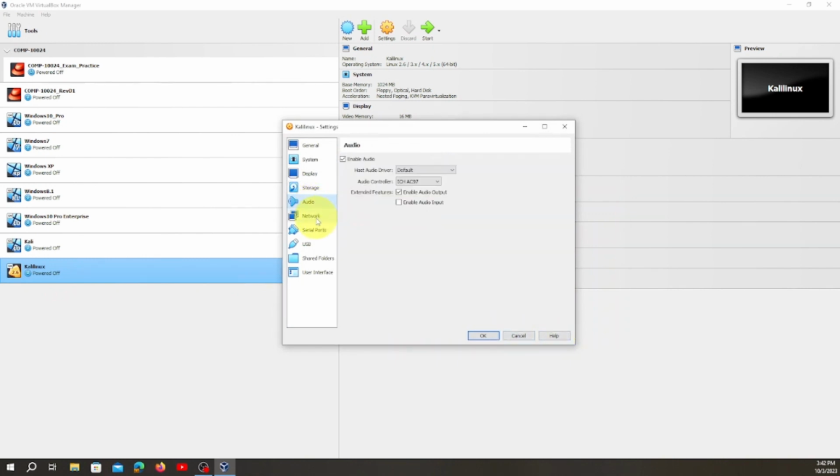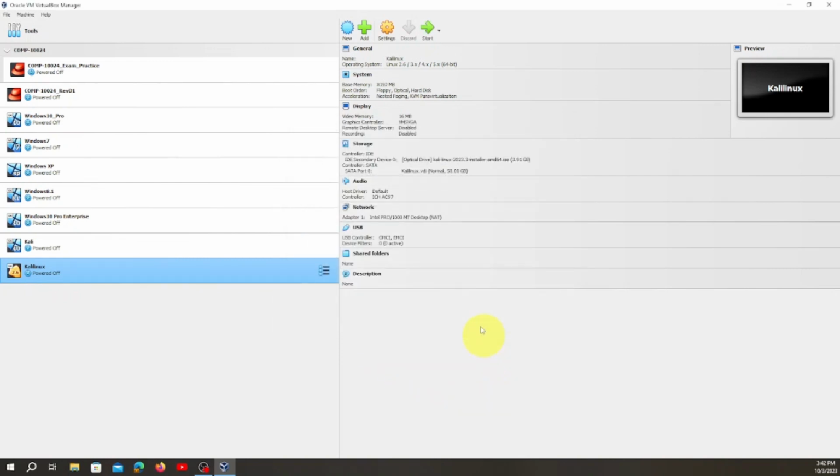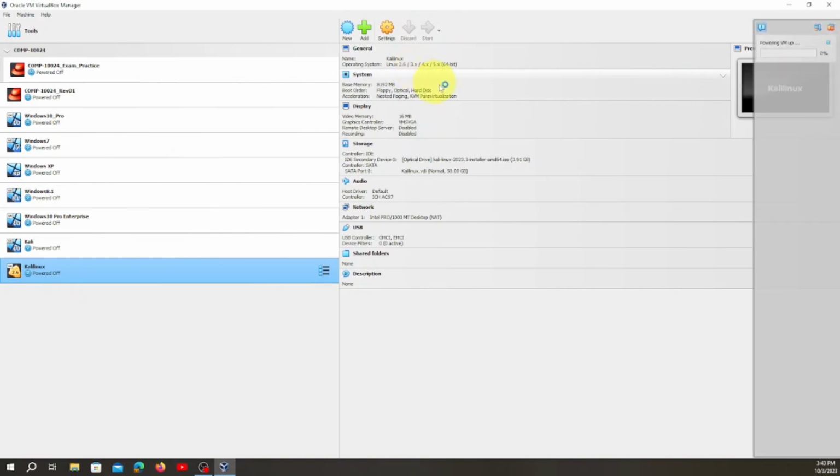We just gonna leave the way it is. We go here. We leave the way it is. There's a lot of them, but we leave this. Okay, the way it is. This one. Here we don't need to touch anything. We're just gonna click OK. And then we're gonna start our computer. Okay, we're gonna start our machine. To start our machine, click here. It's gonna start. Okay, gonna start our machine.